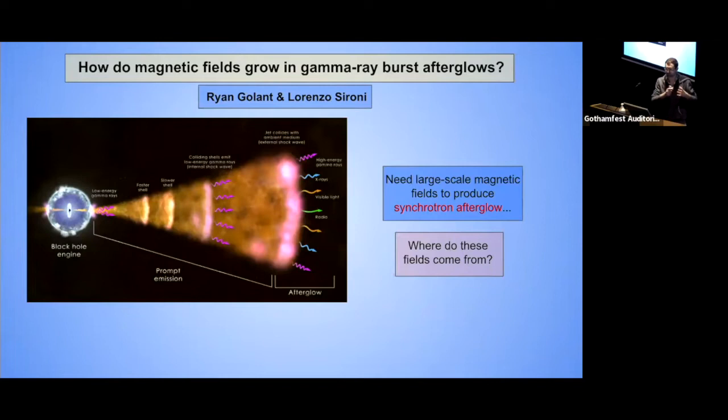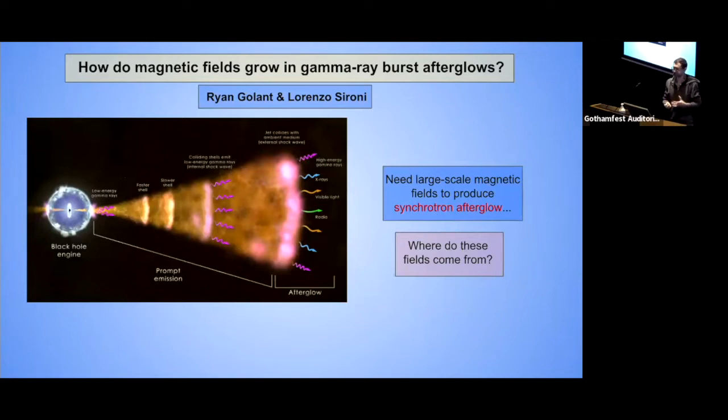But then the jet also launches this strong relativistic shock into the surrounding medium. And the gyration of charged particles in the post-shock magnetic field gives rise to this afterglow emission. So understanding this afterglow emission is really key to understanding the structure and propagation of relativistic shocks. But unfortunately, the details of the growth, the decay, the structure of these post-shock magnetic fields have eluded astrophysicists for many years. Observations of afterglows show that